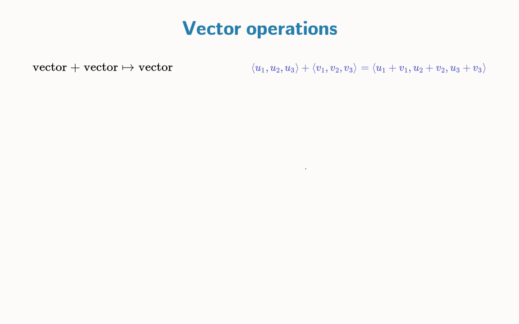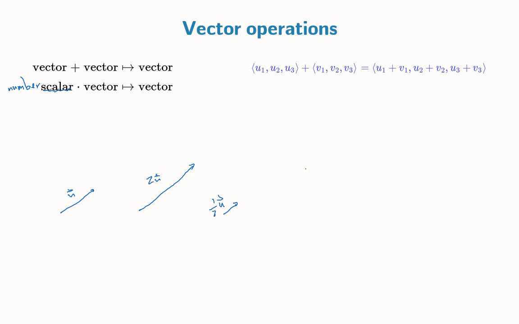Next thing we can do is scale vectors by a number. So here a scalar just means a number, but we're calling it a scalar to emphasize its role in scaling. So if u is a vector like this, then geometrically when we scale it, we just keep the direction and change the length, or at least when we multiply by a positive number. So this would be 2u. This could be 1/2 u.